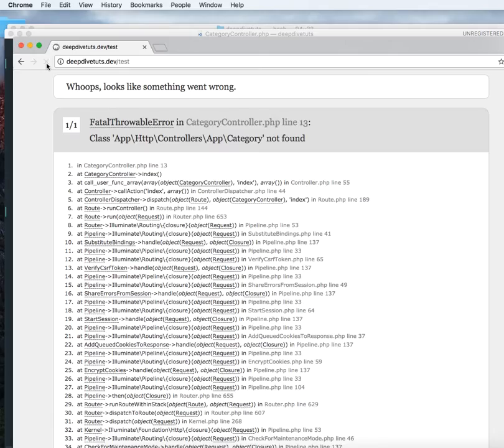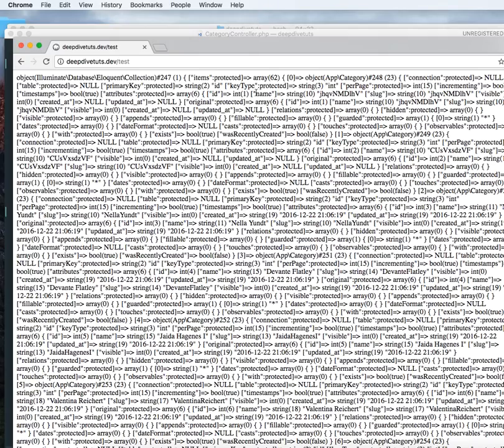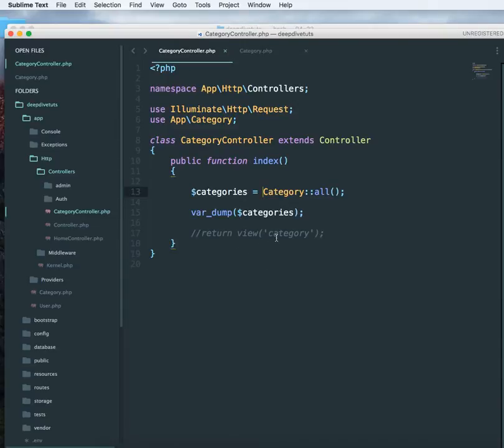If we go here, category not found, it's throwing up an error, so let me get rid of this, try again, and there we go. We have a list of categories. Now this is object format,